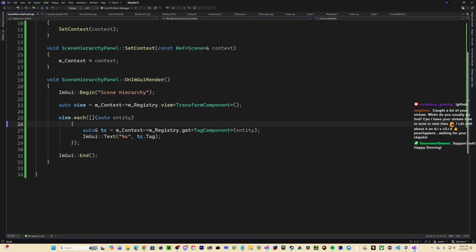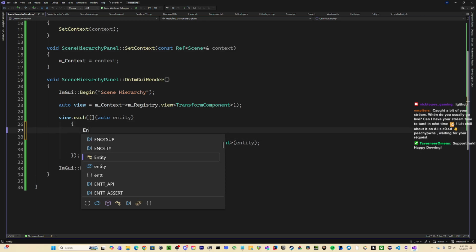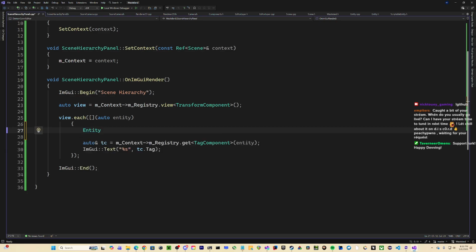Oh, it's because of this. I didn't set entity to entity. So auto ID, I guess.